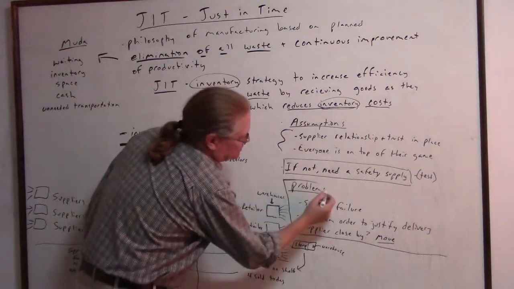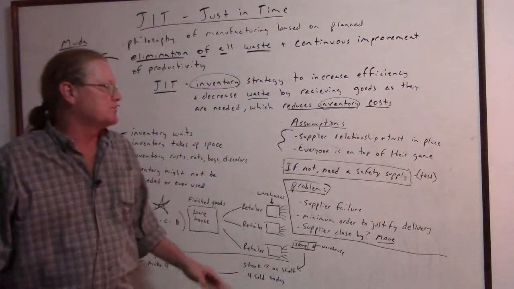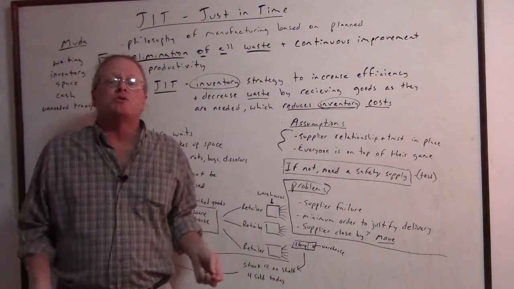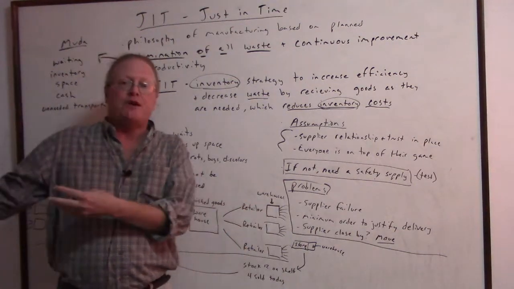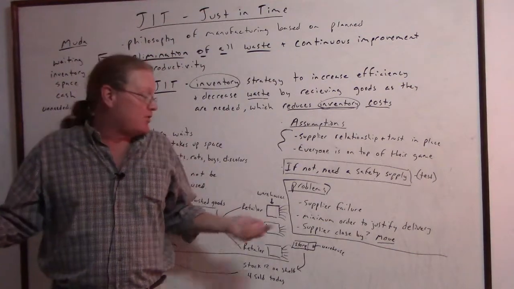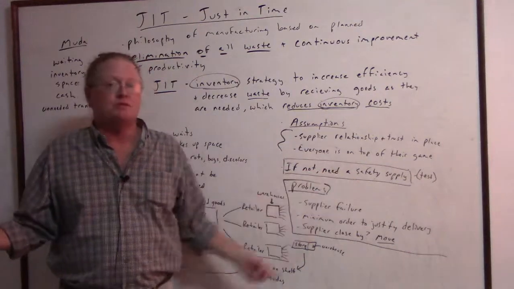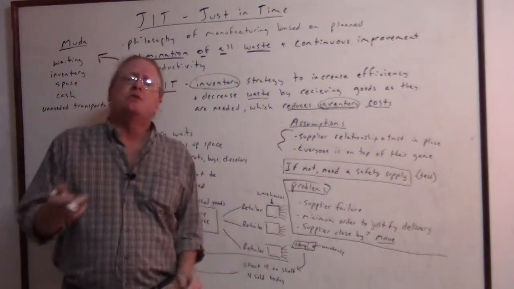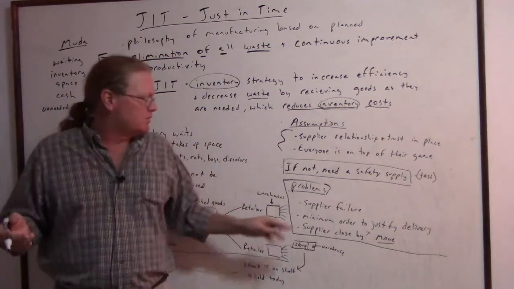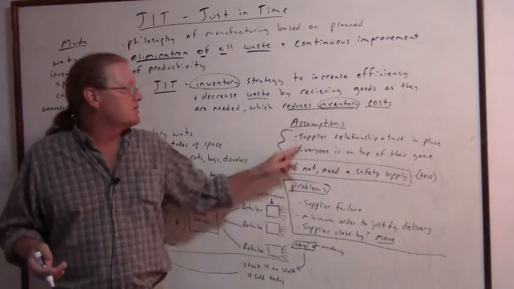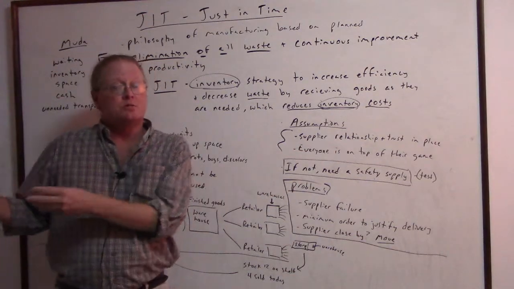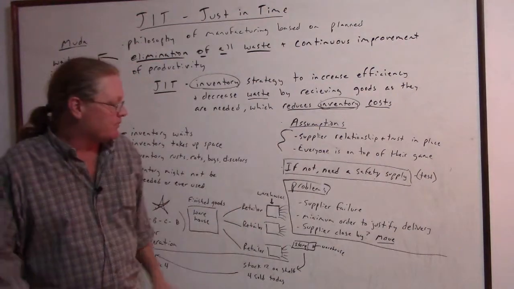Problems. Still, we have some problems, some questions. What if the supplier fails? In the textbook, you'll see a picture of a manufacturing plant that caught on fire. And now we're out. We should have maybe had a safety supply. But in the case, if you read it, I believe it said everybody chipped in and got the place up and working, and we got back in business real quick because everybody's working together and we have relationships. We care about the supplier, the supplier cares about us, we help each other out.